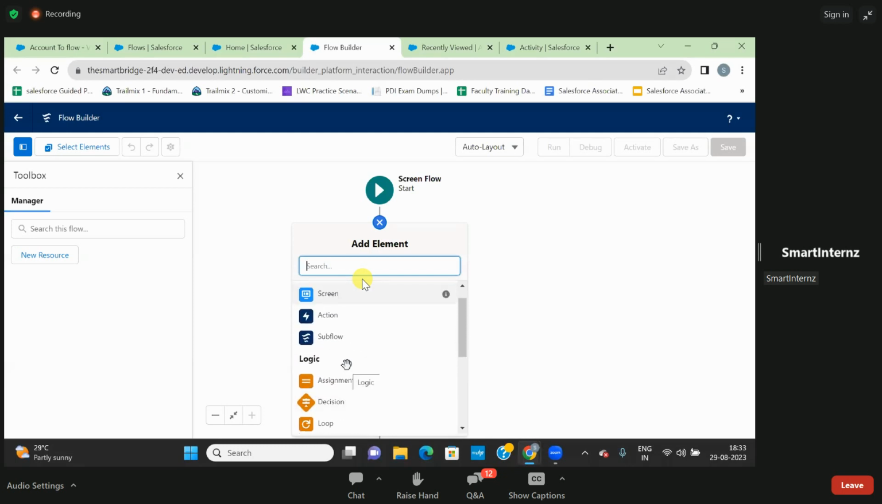Suppose this screen interaction can be seen in the screen flow only. If you go to another flow, like a record-triggered flow or an autolaunched flow, there you can't see this screen and all. Why? Because we are working on the screen flow, right? So let us create our first element over here. I'll click on the screen. As soon as I put my cursor on the screen,